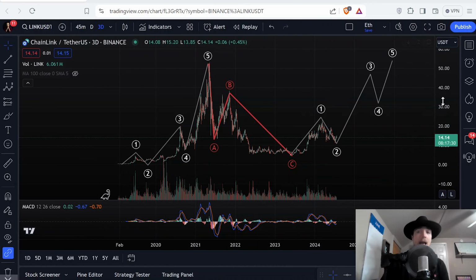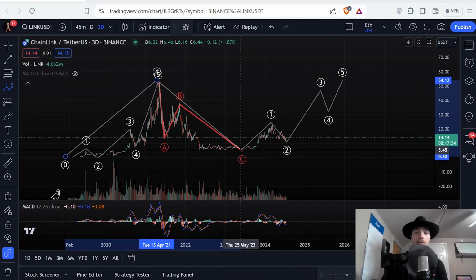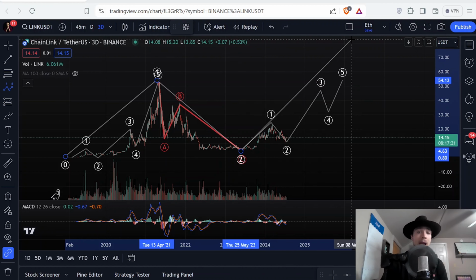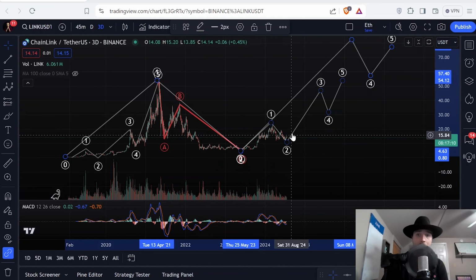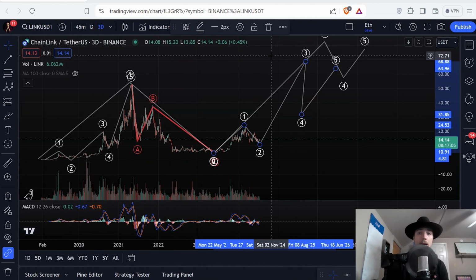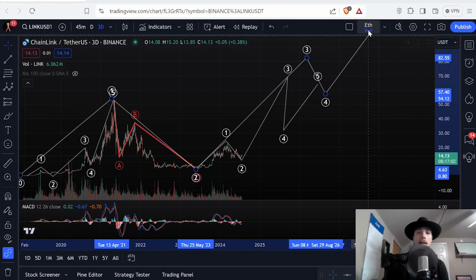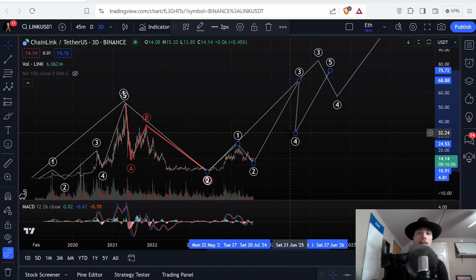Well, what does that mean, Dallin? That means that in the bigger picture, we have wave 1 and wave 2, and we're getting ready for a 3 wave in the bigger picture, and we're getting ready for a 3 wave in the subwave count, because we have wave 1, wave 2, and we're getting ready for wave 3 in the subwave. So that means that this is a wave 3 of 3. Why? Because in the bigger picture, we're getting ready for our wave 3, and the subwave of that wave 3 is getting ready to have a wave 3.